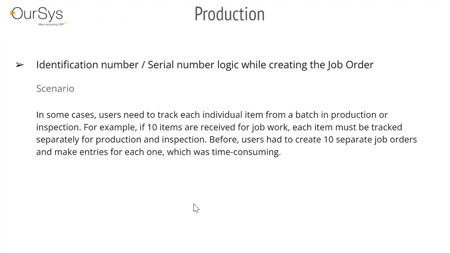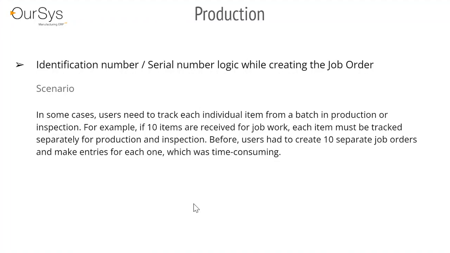So previously in the production module, in some cases, if a user needed to make and track a record of production based on the individual serial number, for example, if a job is made for 10 line items, earlier the user needed to create 10 job orders and record details of every item job order wise. So he or she had to create 10 job cards, which was very hectic and a very time consuming